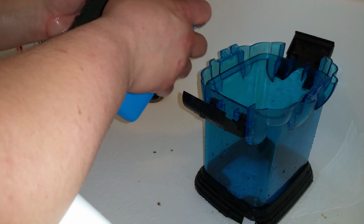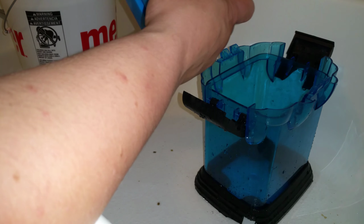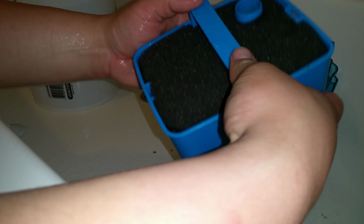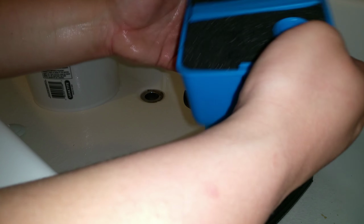So I'll go ahead and reload this, and then there's a couple of individual pieces that I've got for the fine filter that fell in here. Just some pieces that didn't get all the way, or that I didn't perfectly cut. So set those in there. There's another one down in here. So put that back in there. Alright, so now I'll get my handle. Reinsert the handle. Okay, so now the handle is back in and the filter tray has been reloaded, but I'm